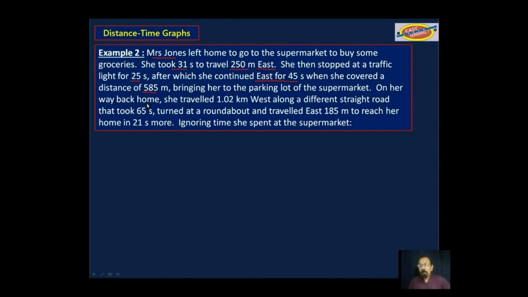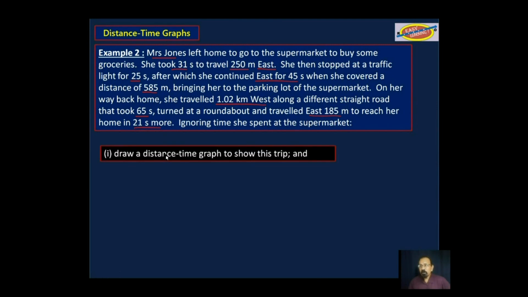On her way back home, she traveled 1.02 kilometers west along a different straight road that took 65 seconds, turned at a roundabout and traveled 185 meters east to reach her home in 21 more seconds. Ignoring time she spent at the supermarket,